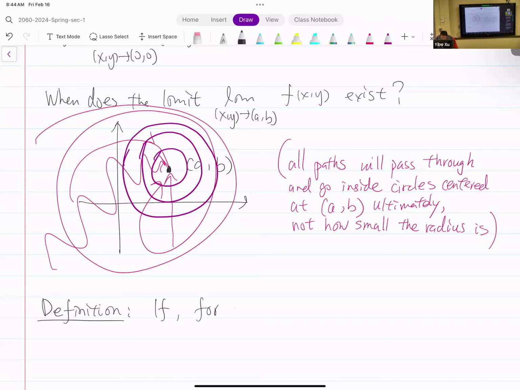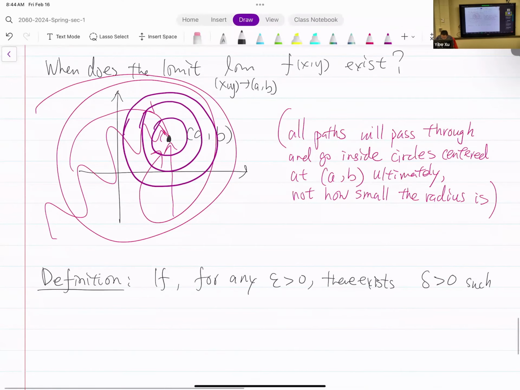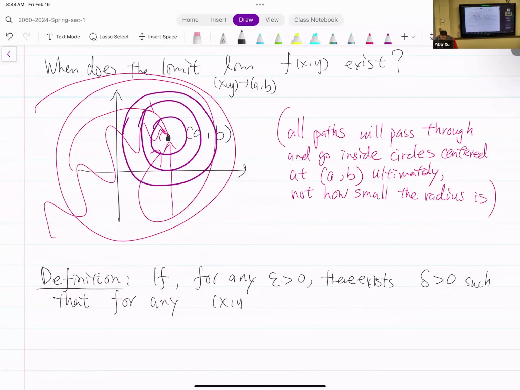If for any epsilon greater than 0, there exists a delta positive such that for any xy pair in the domain of the function f of xy that satisfies